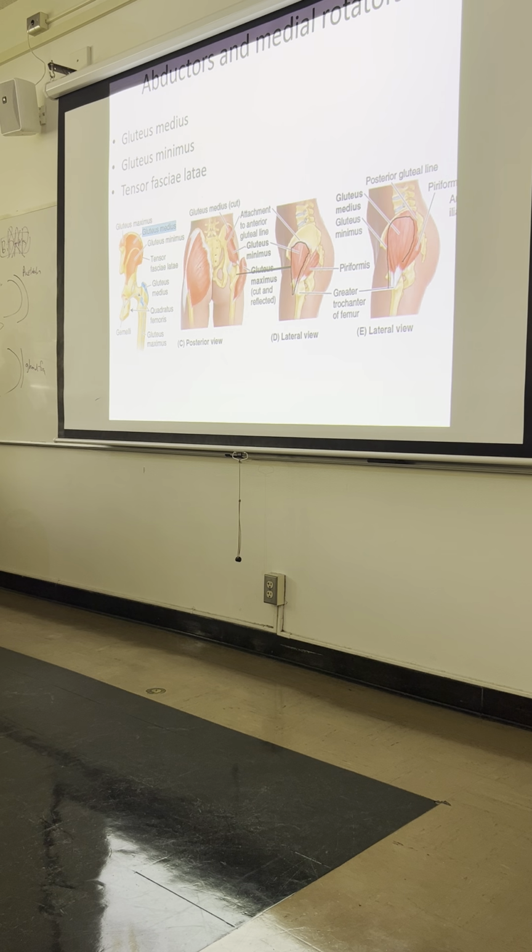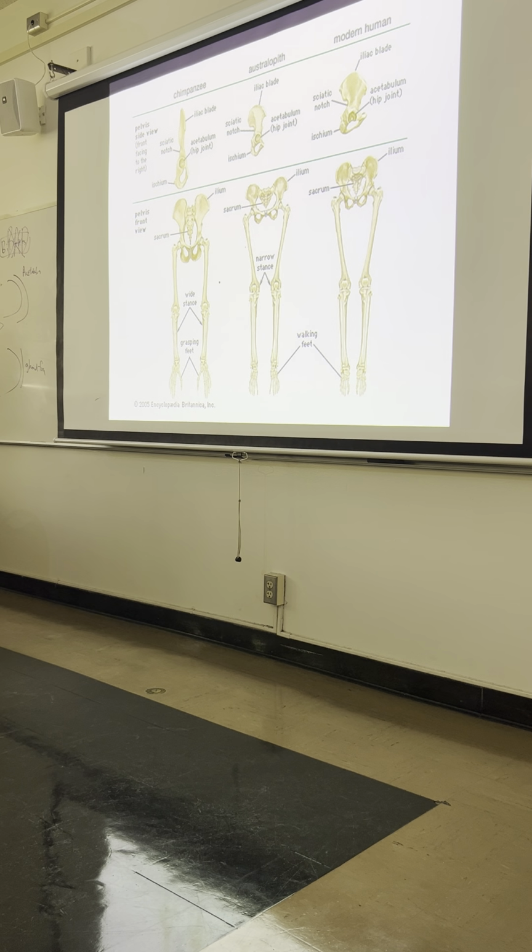Whereas glute max, most of its mass is more posterior, so it's more of an extensor. Here is my little evolutionary picture. If you look at a chimpanzee ilium, the surface that the gluteal muscles attach to is basically just posterior facing. But in humans, it's been rotated a bit. Interestingly, this transitional hominoid, the Australopithecus,